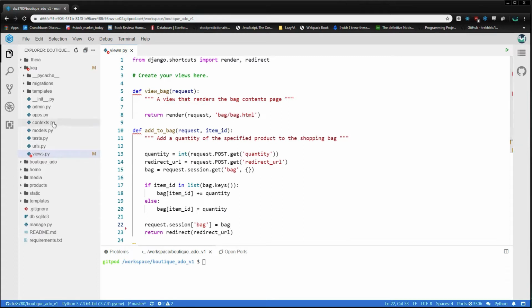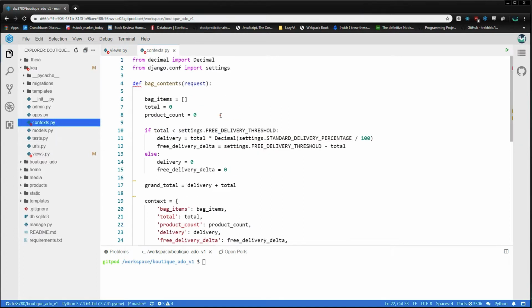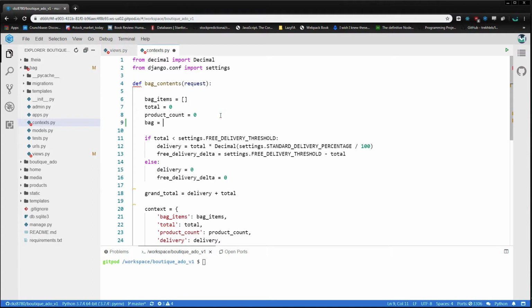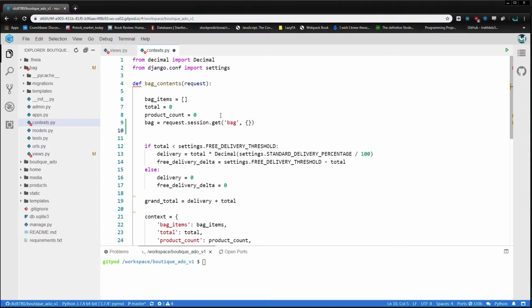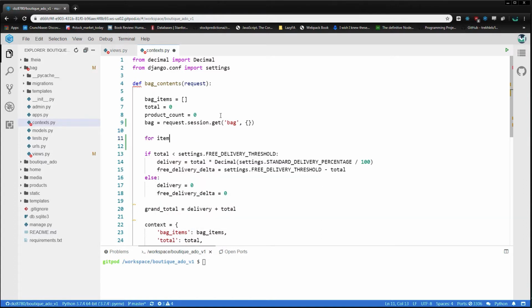Now moving on to context.py, accessing the shopping bag in the session is simple. I'll just do it the same as we did in the Add to Bag view, getting it if it already exists, or initializing it to an empty dictionary if not. In order to populate the values of these variables we're not using yet, we need to iterate through all the items in the shopping bag and along the way, tally up the total cost and product count, and add the products and their data to the bag items list so we can display them on the shopping bag page and elsewhere throughout the site. So for each item and quantity in bag.items, and notice that this is the bag from